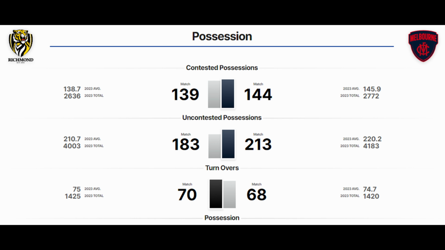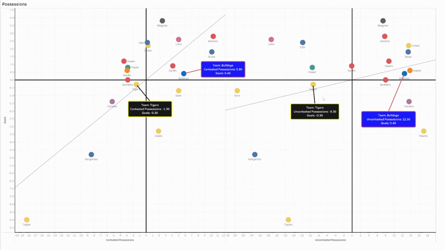So they were quite even in contested possession. They lost it 139 to 144. Where the Demons really beat them was uncontested possessions. The Demons won 213 to 183, which is a 30-point difference. So that's quite close to what we've already got between these two teams, the Bulldogs and the Tigers. It's already about 20. So that run and spread that the Bulldogs can get, expect that to have a large